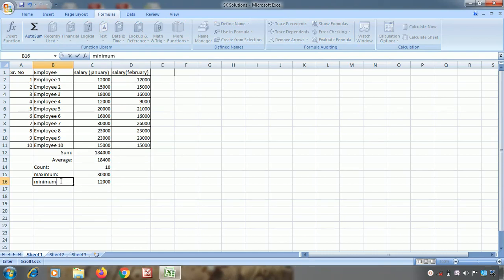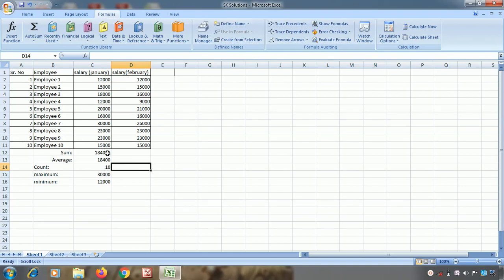Now suppose you want to find the sum, average, count, maximum and minimum for column 2 also. One way is as I explained: select all, go to AutoSum and select that particular function. The second way is you can simply expand the formulas of the first column to the second column and Excel will do the calculation.